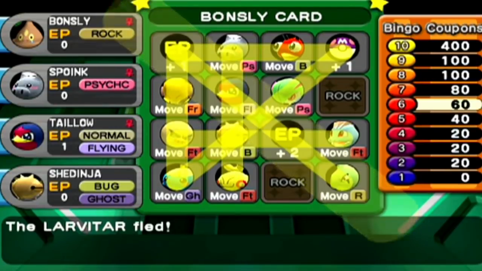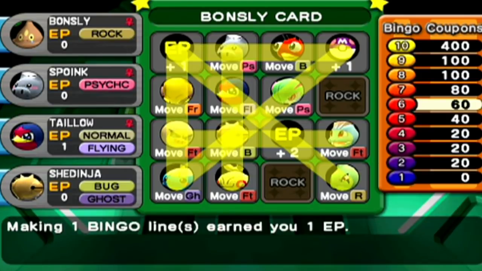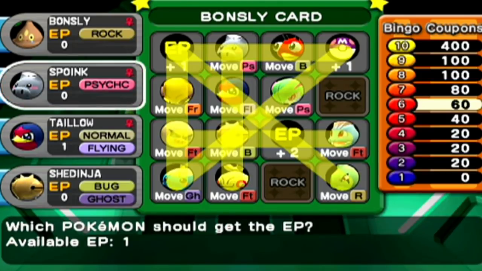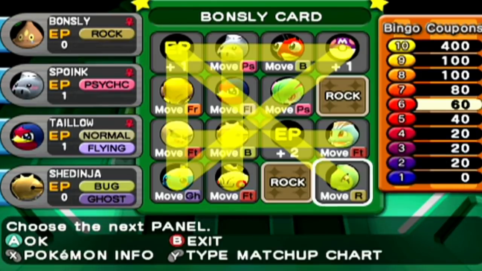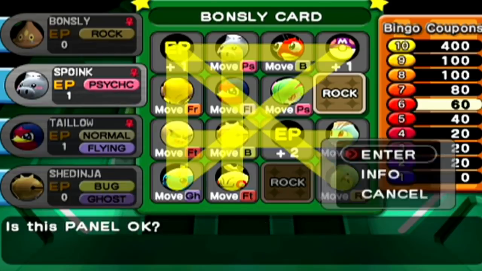I probably should have caught a fighting type, but oh well. Okay, that's a bingo. I can get a double bingo. Oh, no matter which I go for, I'm getting double bingo, so it doesn't really matter. Maybe Tailo is my backup if I have a rock type that ends up using, like, Dig or Earthquake or something. Because I can definitely see that happening. Anyway, though, let's go for...